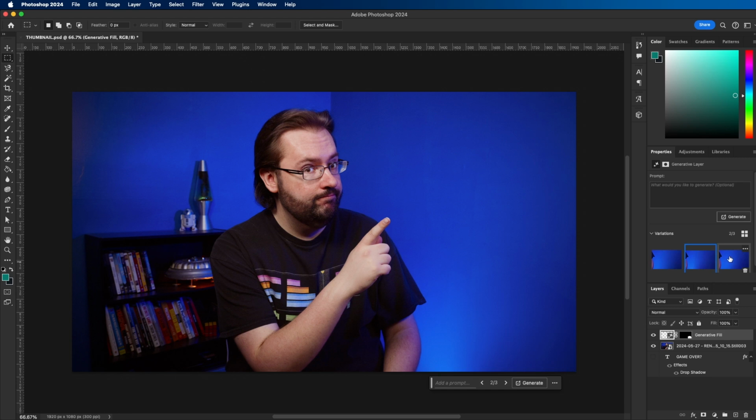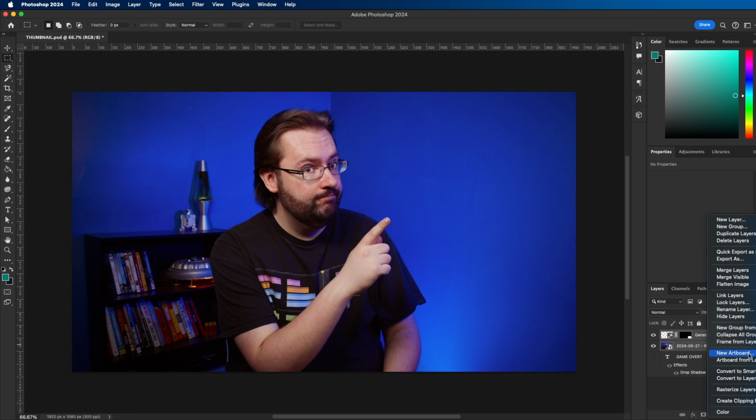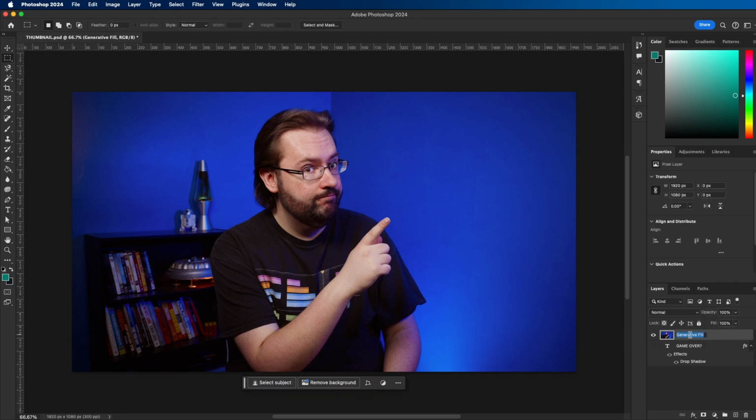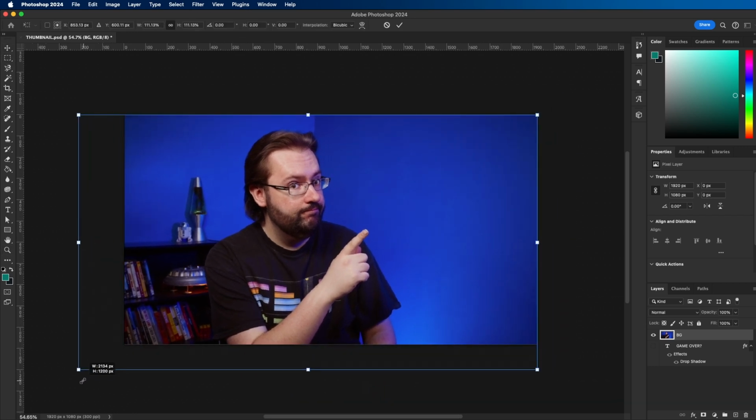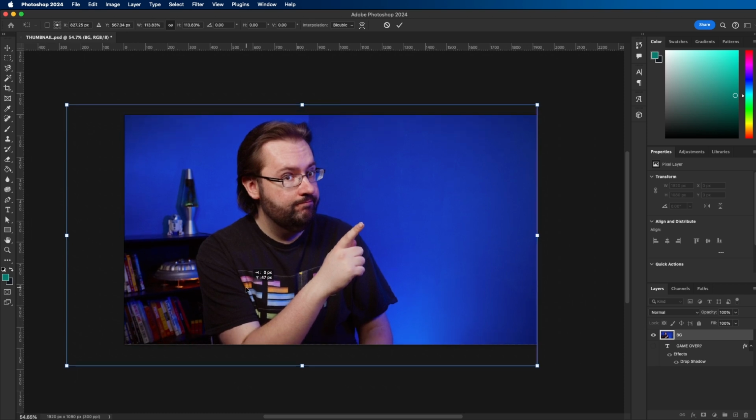We have 3 different options here we can look at, kind of like this option here. So once I have that, what I'll usually do is take these 2 layers and merge them. So I'll select both of them and then click on Merge Layers. Then I'll just name this background, and then I'll just scale this up. So what I'm going to do is just hit Command T to bring up Free Transform, scale me up a